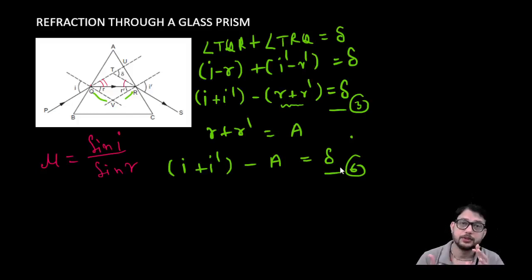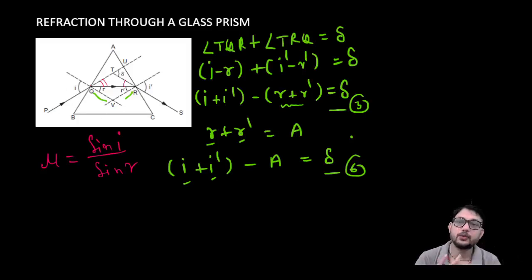Now we have no idea how we can calculate the values of R dash and I dash, because if anyhow we can write that R dash is equal to R, then it may be 2R, and we can easily calculate the value of R. If anyhow we can write the value of I dash equal to I, it may be 2I, and we can easily calculate the value of I here. But how can we say that I is equal to I dash and R is equal to R dash?